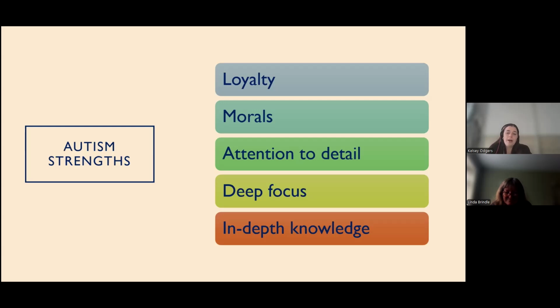Autistic people often have fantastic attention to detail, perhaps noticing those small details in the environment that other people wouldn't notice because they're perhaps really paying attention to that sensory information as well as other things. And they're also able to deeply focus on tasks and topics, which is why, when they have those special interests, they're able to learn things in such great detail, have such fantastic memory for those things and for certain facts, which is a real strength of theirs.